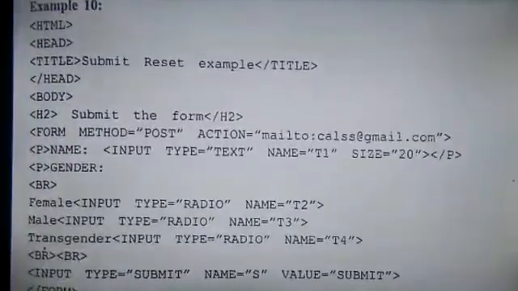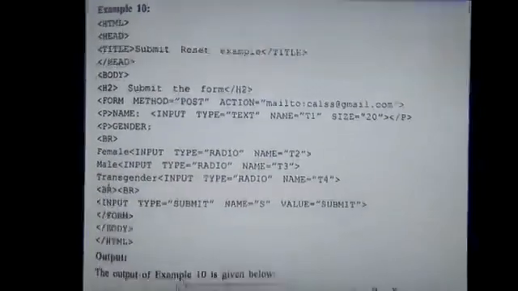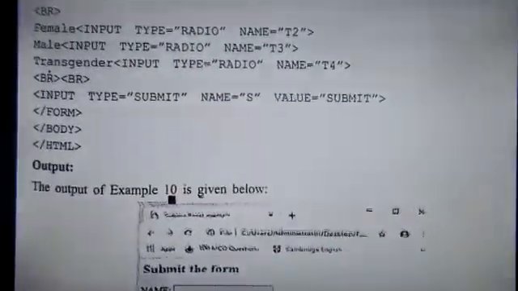Now we have two examples here. One for a single selection, you can see example 10. HTML, head, title, head close, body, take any heading. Form, method is post, action, again I have taken mailto here. Then paragraph, input type equal to text, name is any name, T1, size again is given, close of P. Then we have gender: female, input type equal to radio, name T2.